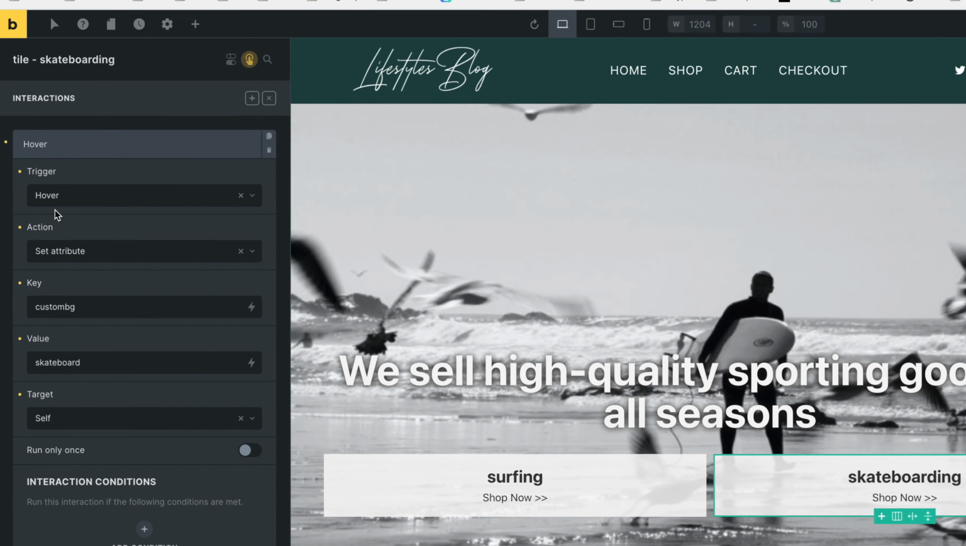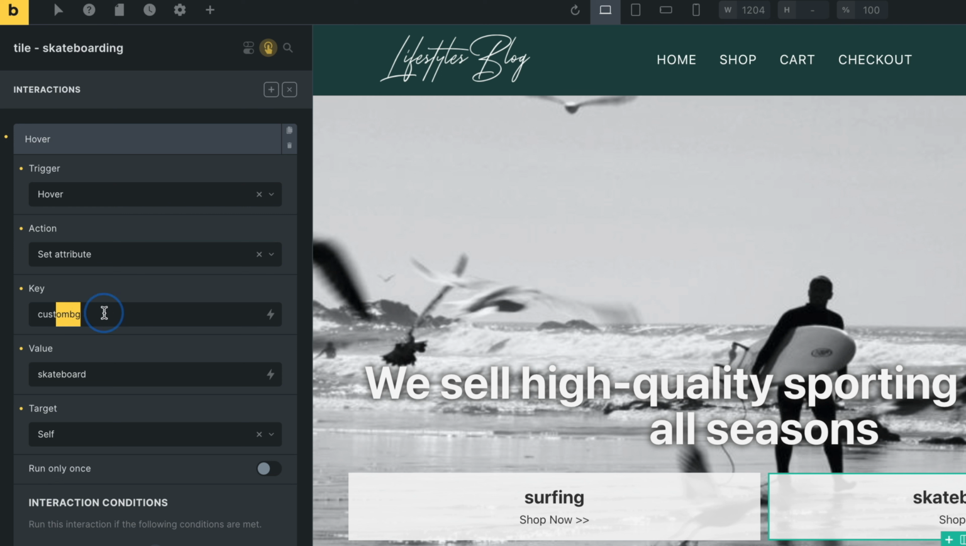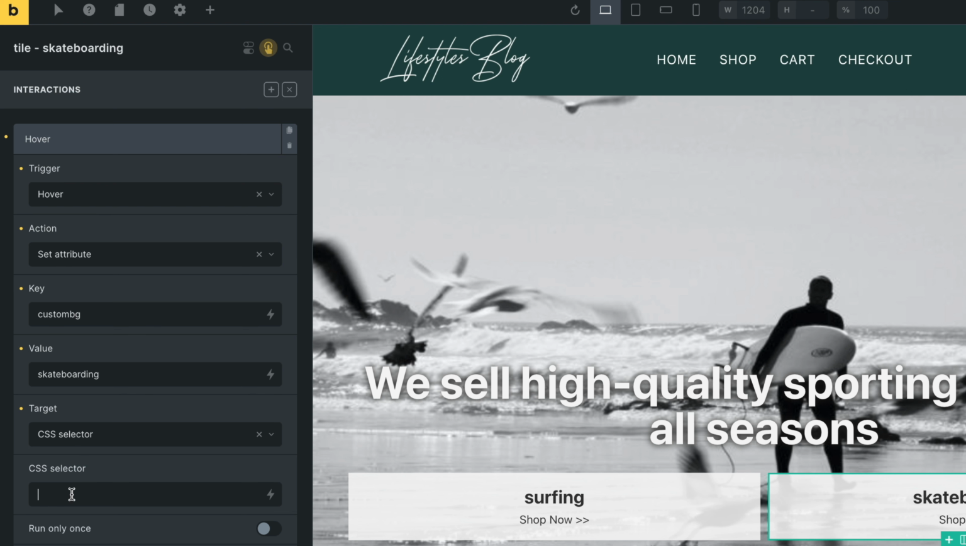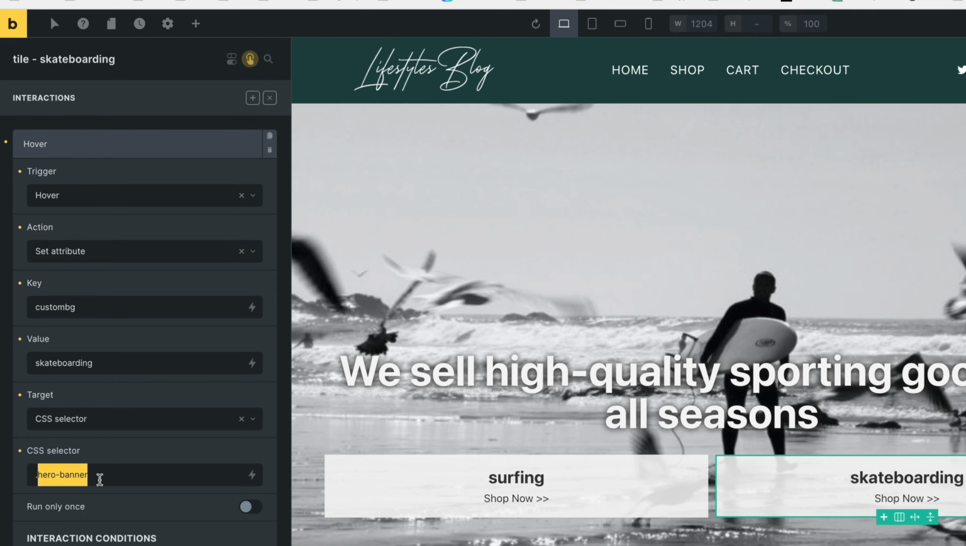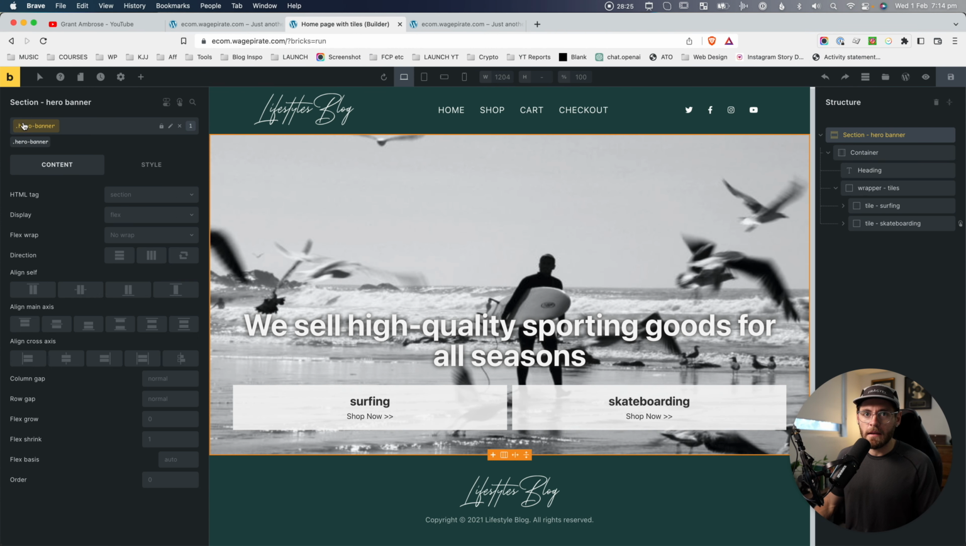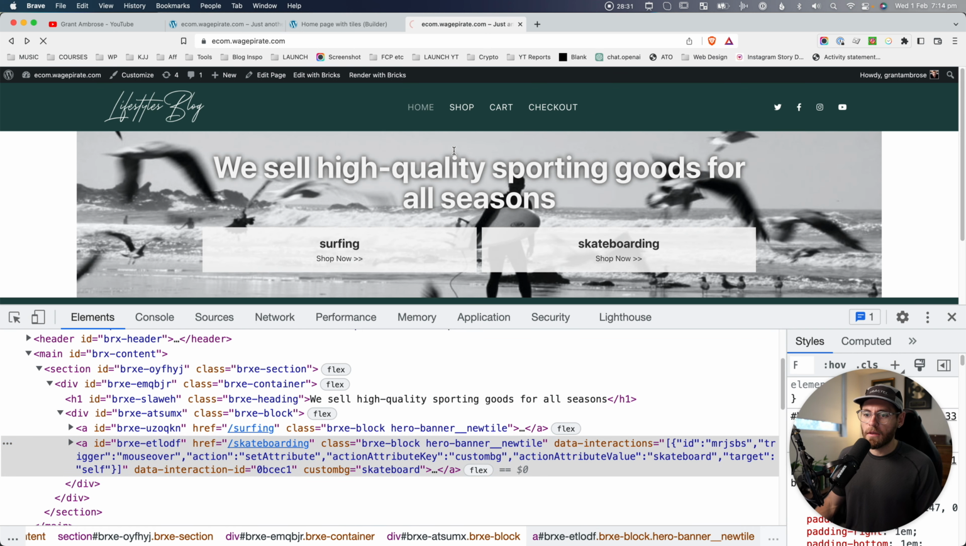When I hover on it, I'm going to set the attribute for custom background to skateboarding, so skateboarding. And the target element that I want to do this on is going to be the element with a CSS selector of .hero-banner. And this CSS class here is the CSS class we applied to the main banner up here, hero-banner. So now if I save that and we go to the front end and reload the page,